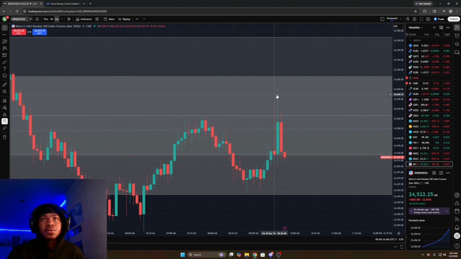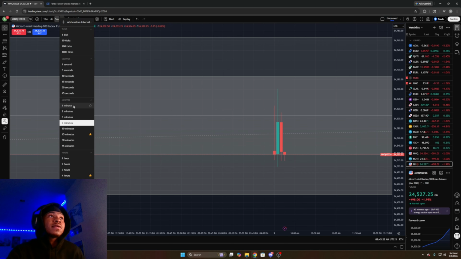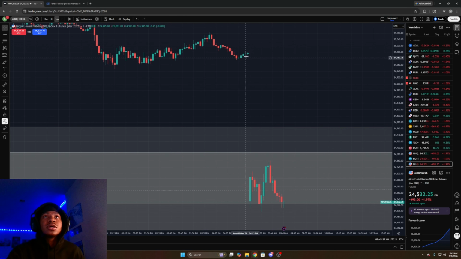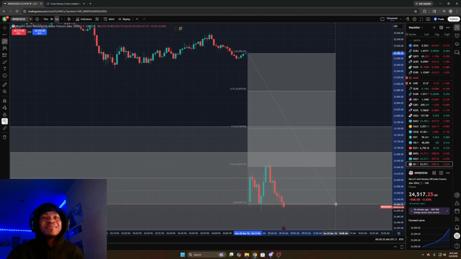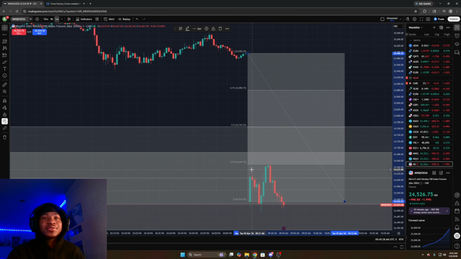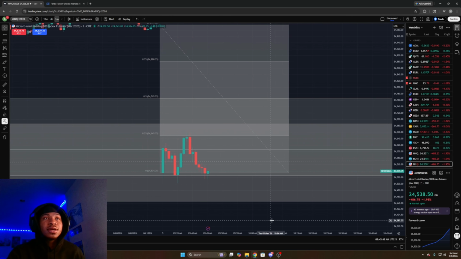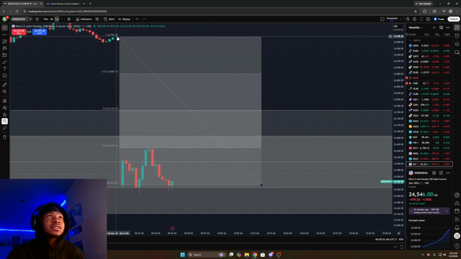price stabbed above the 50% right here, the 50% of the daily range. And this is something where I could have sold, but the reason why I didn't sell is because regular trading hours has a 1 minute up here. And I ain't gonna lie, bro, I might have got caught in this right here, selling right here and then losing, because I was waiting for price to stab above the 50% and go lower and take the trade. But I did take a nap, gang. I ain't gonna lie, I ain't set an alarm, but